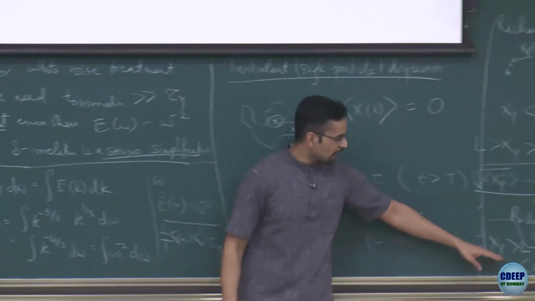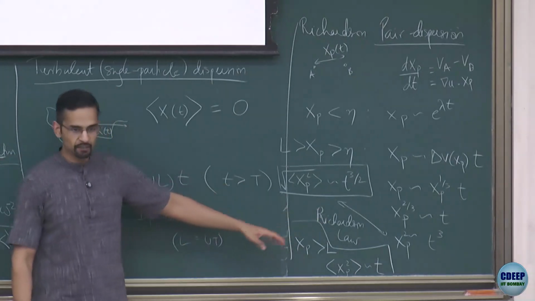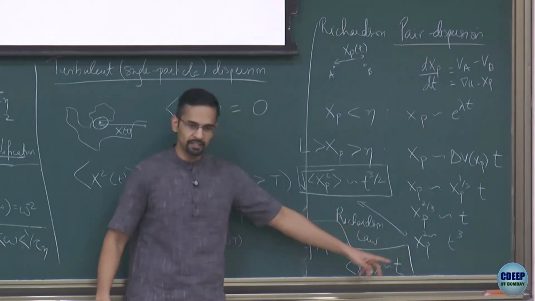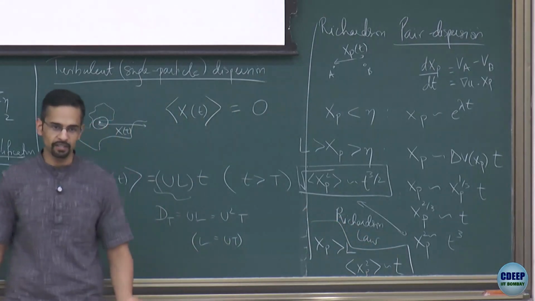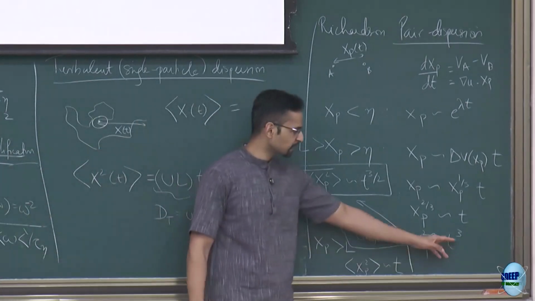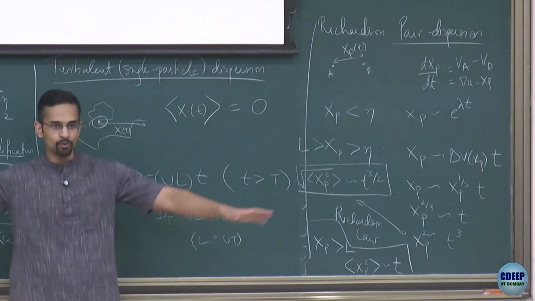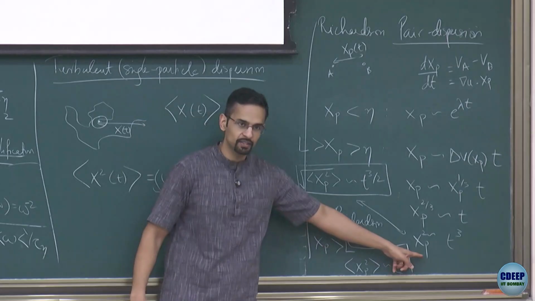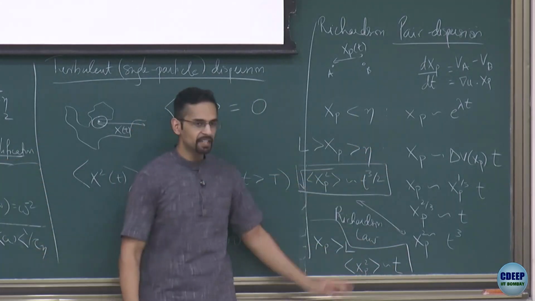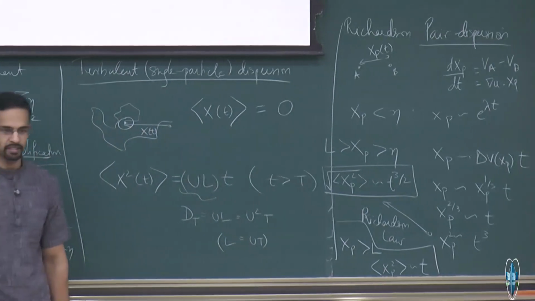Now, to actually realize this is very difficult because you need a huge range of scales. First of all, you have to be able to have a large enough inertial range to see this power law. That itself is difficult on a computer. It's very hard. It's not been done so far directly. There are some approximate ways of trying to see this, but just by putting two tracers in a flow, you need a huge simulation to be able to realize this. And then to see the diffusive regime after that means you need that simulation to be that much bigger. So it's very difficult in one simulation to see the full range of regimes. We've not seen it yet.